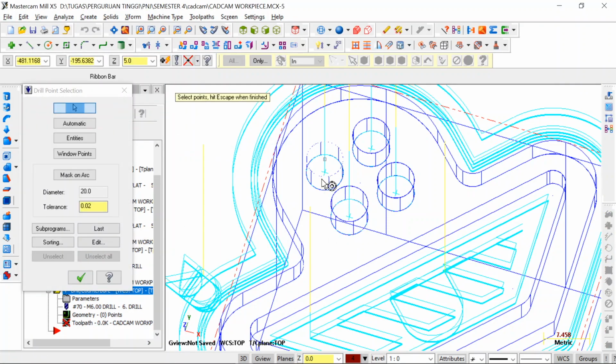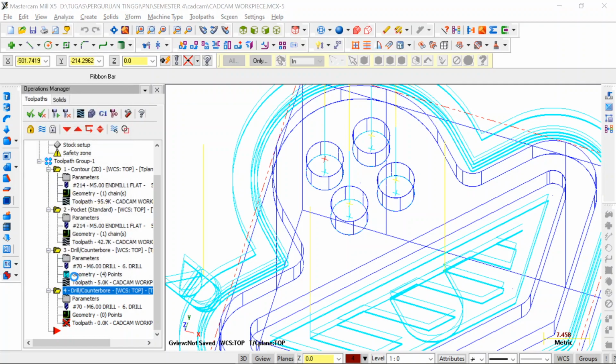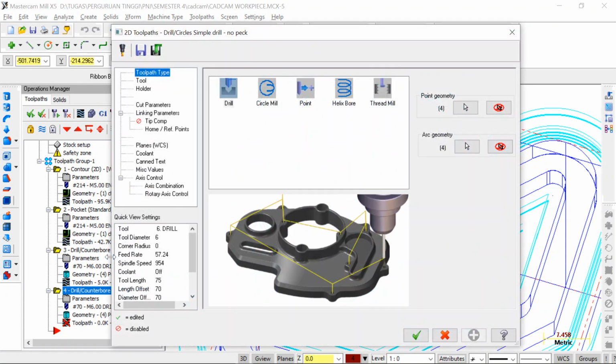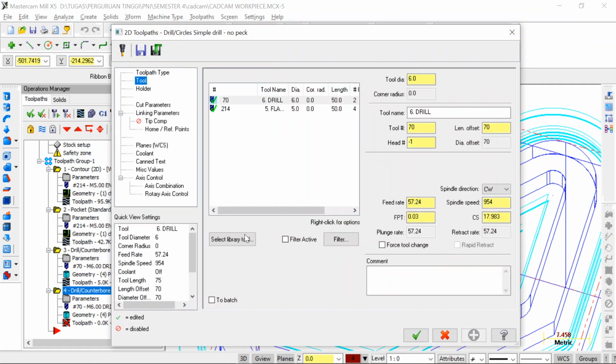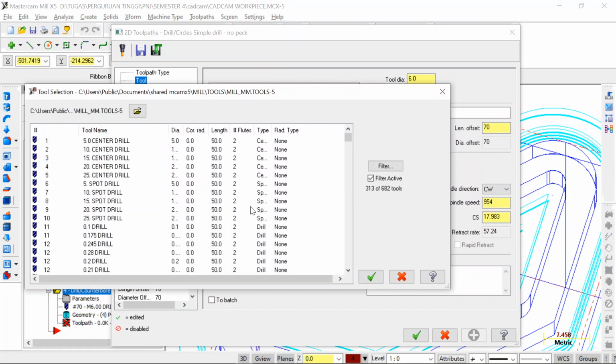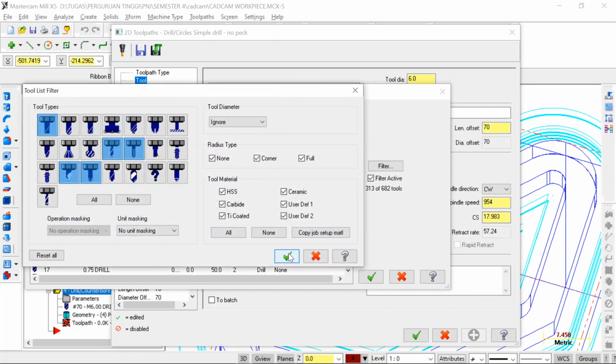We click 4 of them. Okay, click OK. And then with the same toolpath, but we choose another tool. We are going to filter here. It is already.